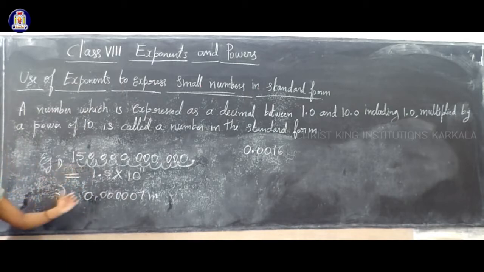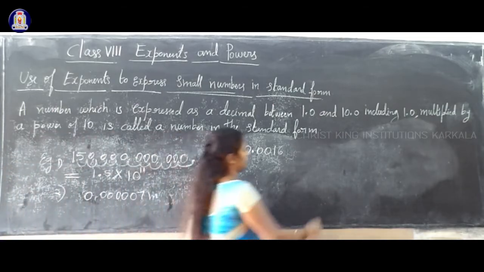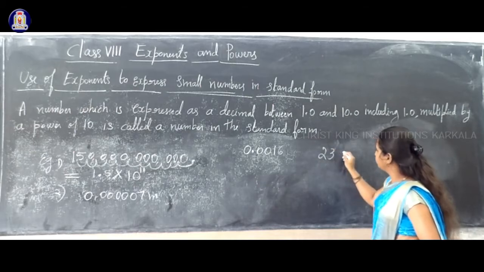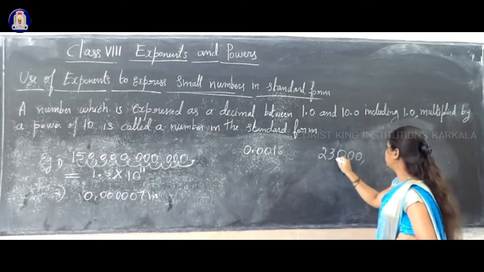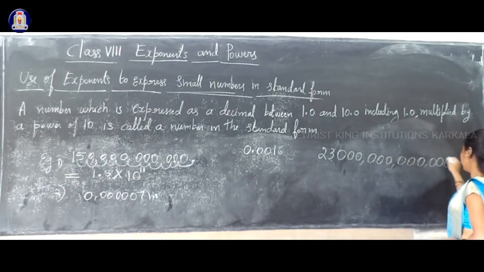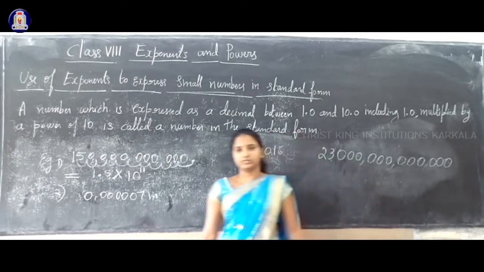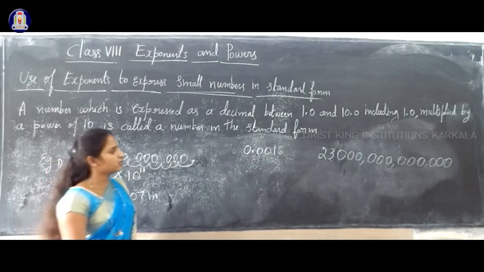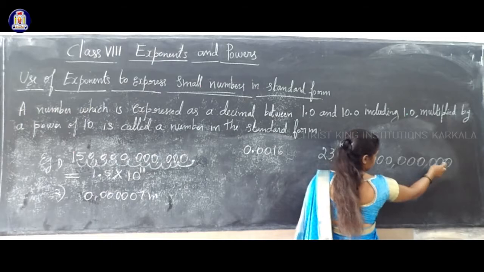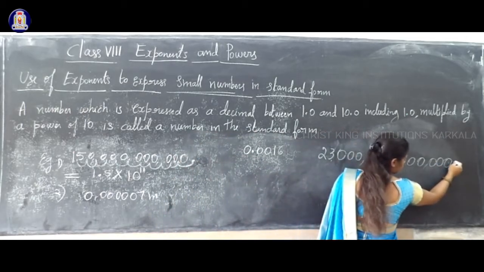If they give a large number, we can write it in the standard form. If you want one more example, we can give many examples for this. See, I'll write one more number, that is 2, 3, 0, 0, 0, 0, 0, 0, 0, 0, 0. If you want, you can write many zeros. This is the given number. You have to write this number in standard form. So how can we write it in decimal? First, see how many zeros are there. In this there is no decimal point, so you can imagine the decimal point in the last.